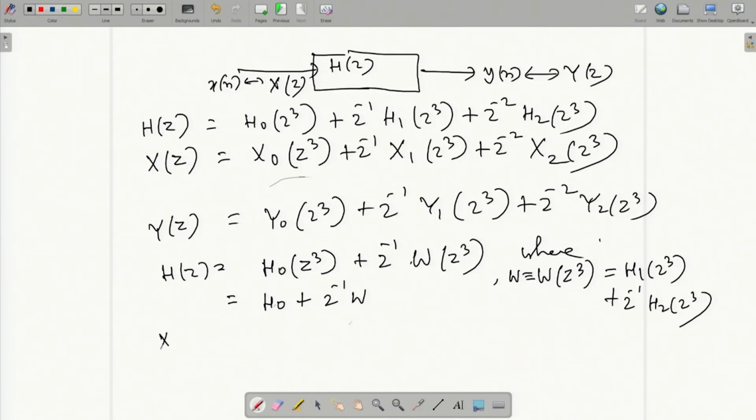Similarly, in X(z), I take X0 common as X0(z^3). Let me straight away write X0, because whenever I write X0 I actually mean X0 as a function of z to the power 3. I am just dropping it for the sake of convenience, so that there is no congestion, there is no clumsiness. And again, z inverse, I take the remaining part common, that part is called V, where V means V(z^3), which is actually, if you take this common,